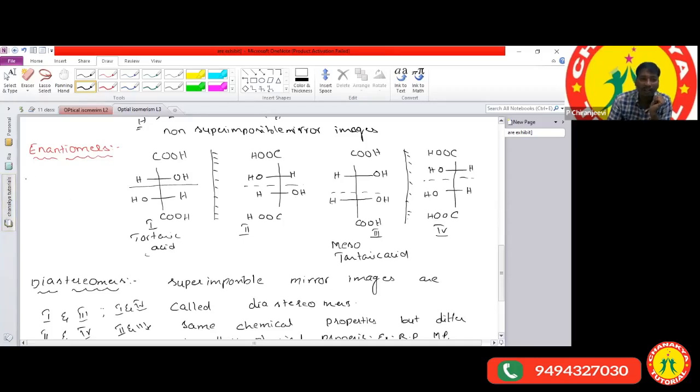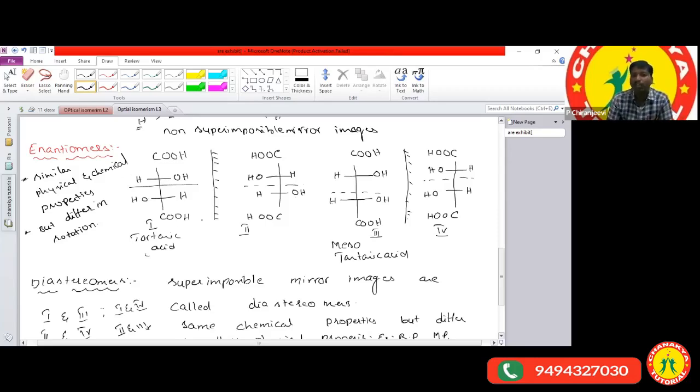Okay, here I write. They have similar physical and chemical properties, but differ in rotation. Okay, so now you got the statement and some characteristic properties of the